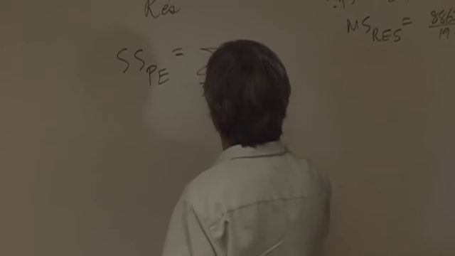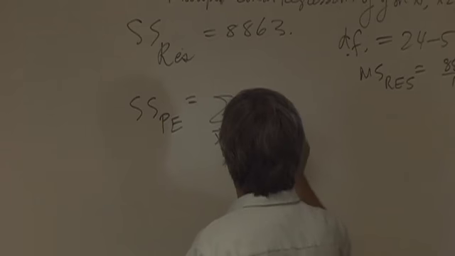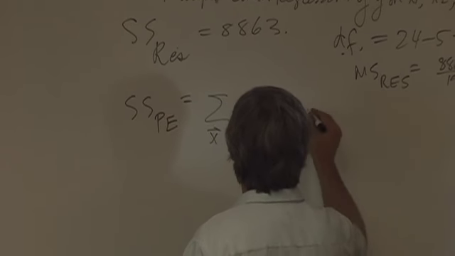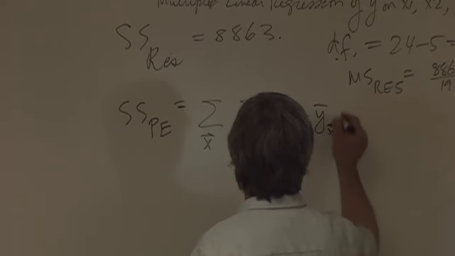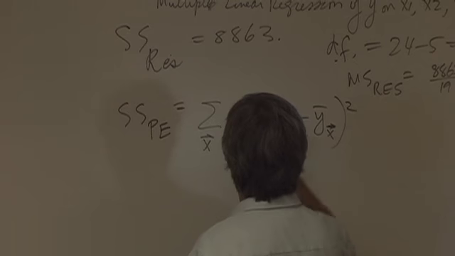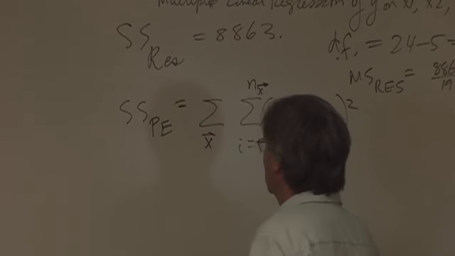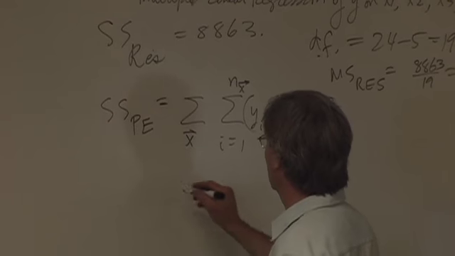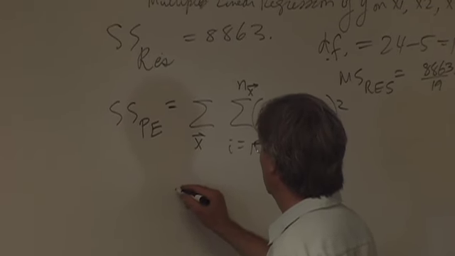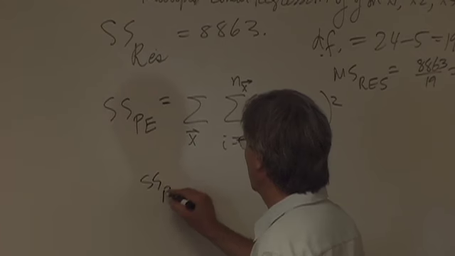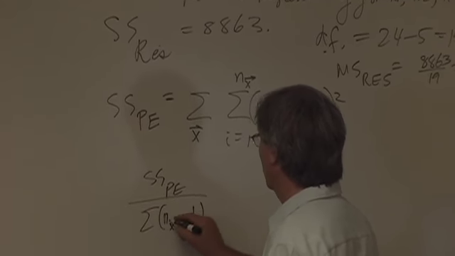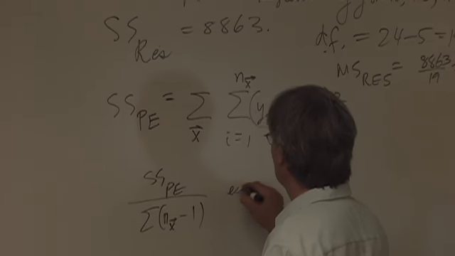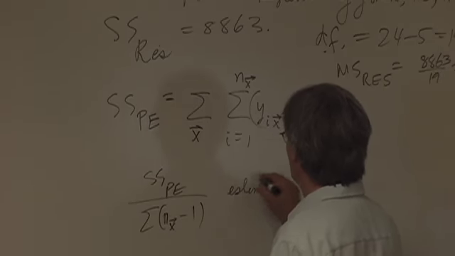But the SSPE cannot be confused. That's the pooled sum over all x, the inputs, of the sum over i of y sub i x minus y bar sub x, squared, where i goes from 1 to n sub x. And then SSPE divided by the sum of the n sub x minus 1s is an estimate. It estimates sigma squared. It is a pure estimate